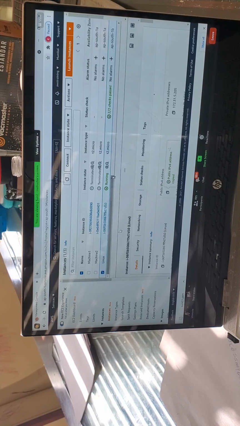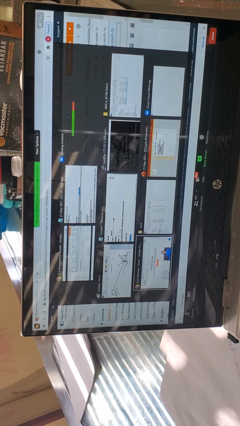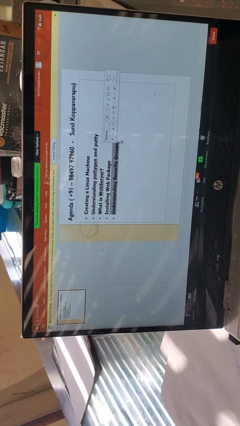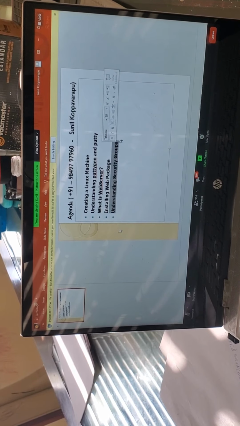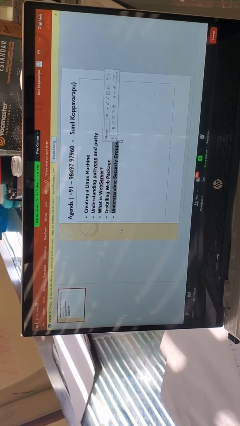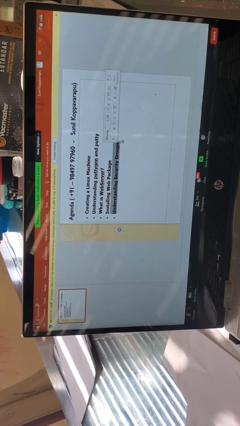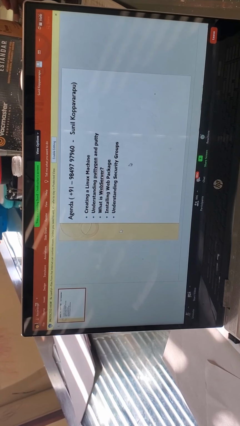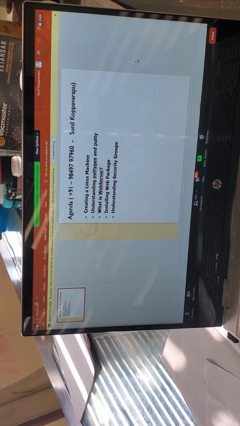Now let's go back. You know what is web server. You know how to install web server. You know the importance of security group. Security group is all about dealing with ports. Yesterday this is what I wanted to discuss, but because of my office network settings, it stopped my connection. So I hope it is very clear. I hope you are enjoying the training.